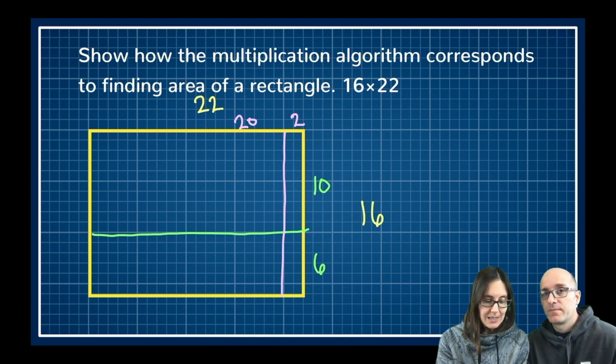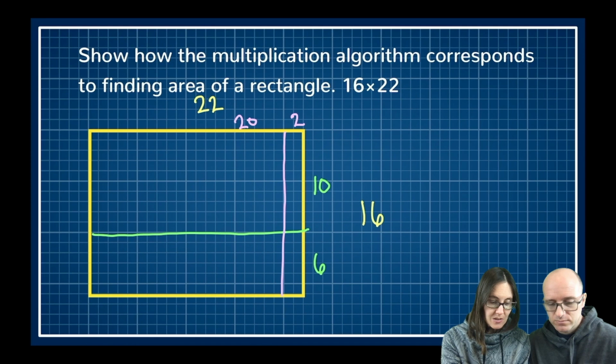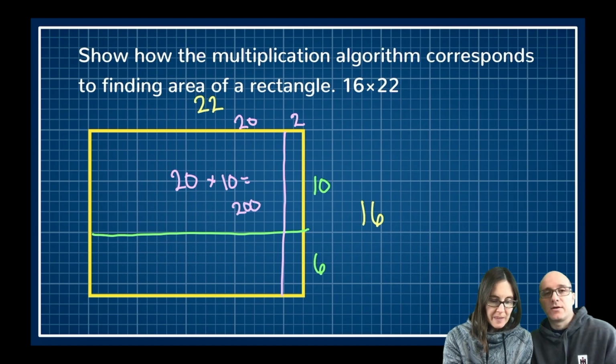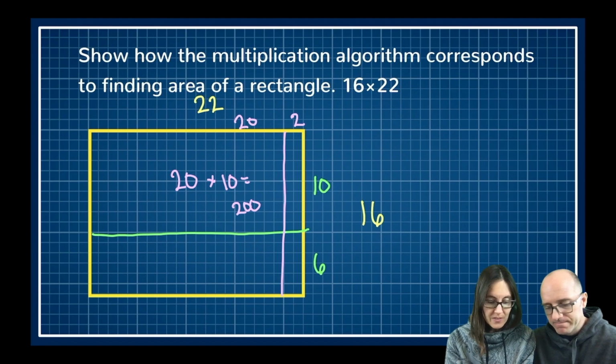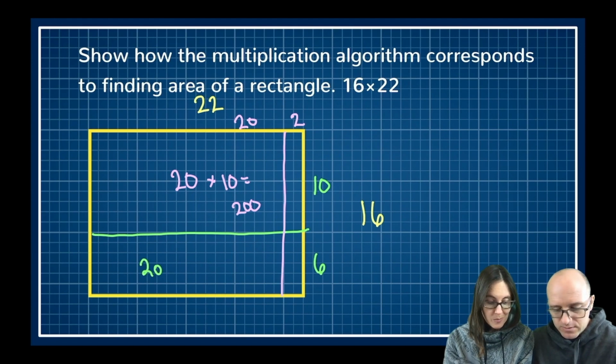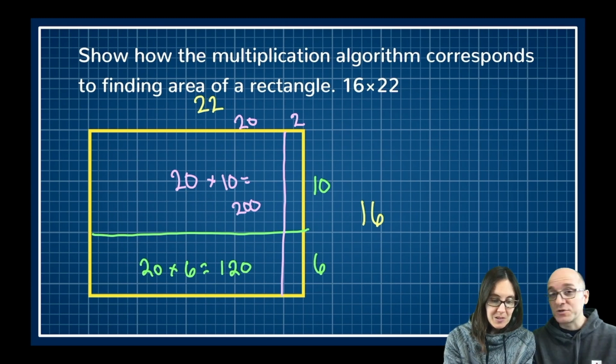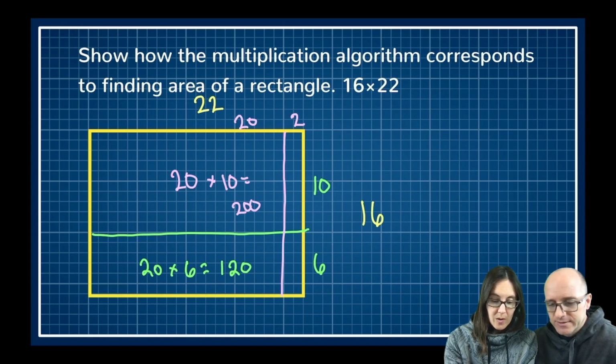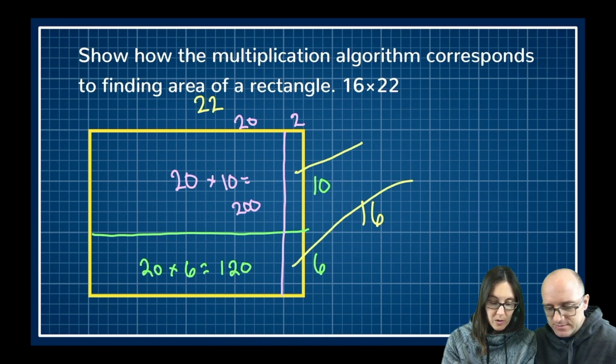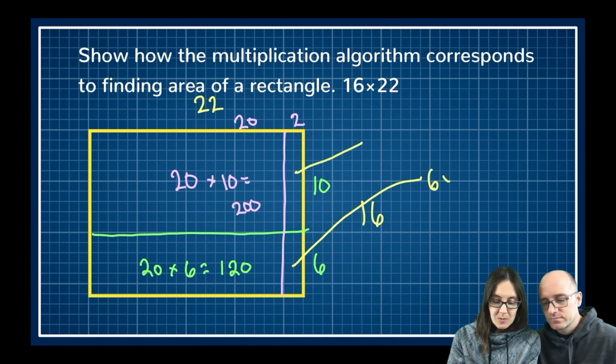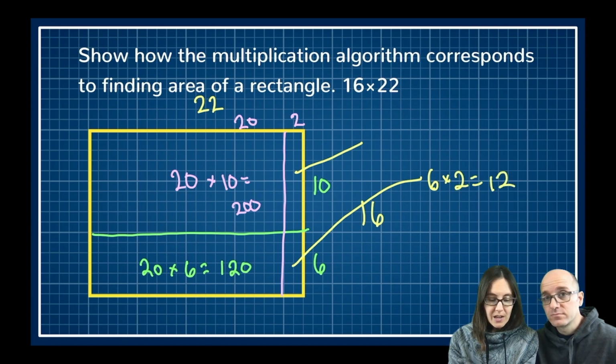Oh, yes, I can. This one right here is 20 long and 10 tall. So 20 times 10 is 200. Is this what you wanted me to do? Yep, so that one has an area of 200 square units. And then this one right here is also 20, but it's times 6, which equals 120. Very good. You're not going to have enough room to write all that in the next box, so for these ones, I'm going to draw out lines. I have 6 times 2, which is 12, and then I have 2 times 10, which is 20.